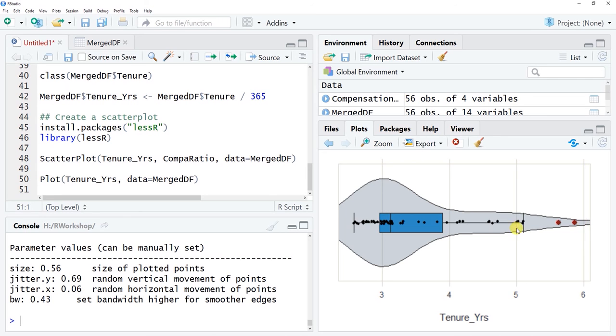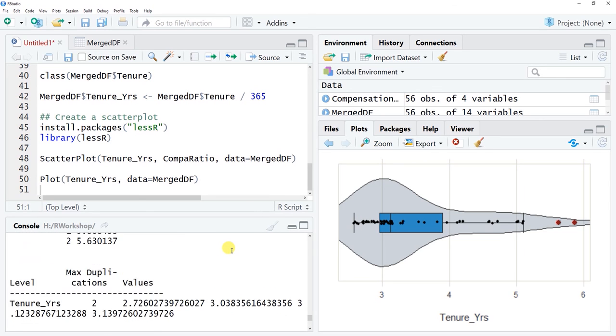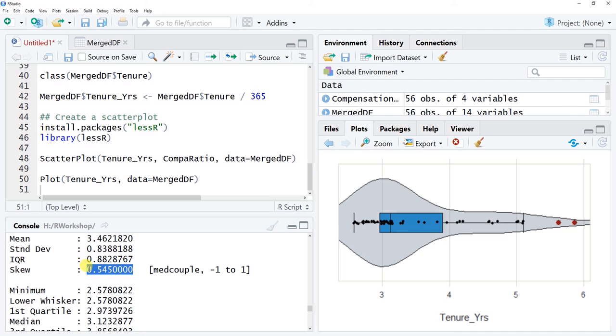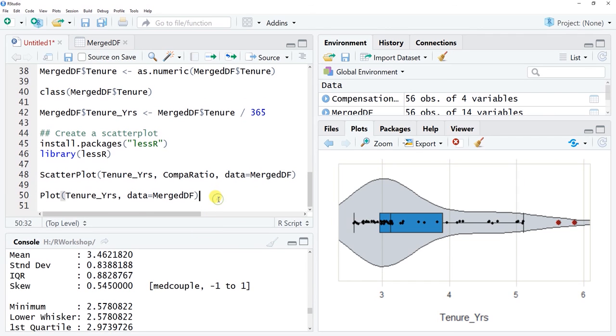a positively skewed distribution. We have some extreme, potentially influential cases over here, but most people tend to be clustered in with regard to fewer years of tenure or length of service. And so this seems to suggest that we have a non-normal distribution here. And if we were to look at the skew here, well, actually the skew isn't too bad from that standpoint. So it's not too concerning here, but let's see what would happen, for instance, if we did a logarithmic transformation